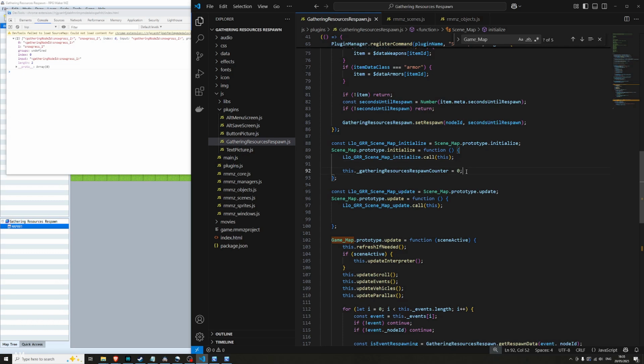And then yeah, we're just going to keep saying gathering respawn counter plus equals